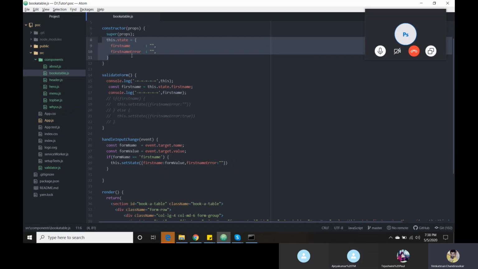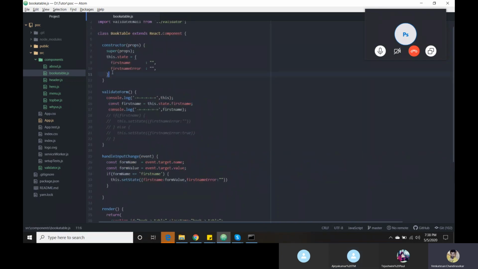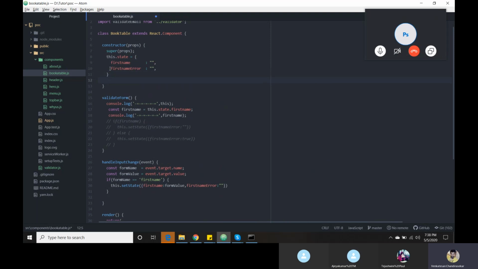For that we have assigned our binded value, like we just copied, and after the object declaration we have done it like this. Now I am binding this keyword, in the sense this parameters, constructor parameter, everything, with my validate form function.